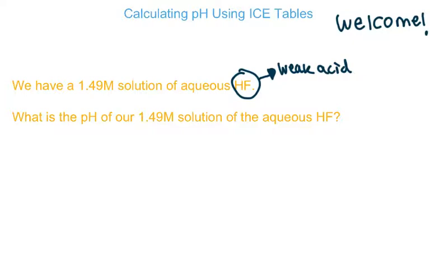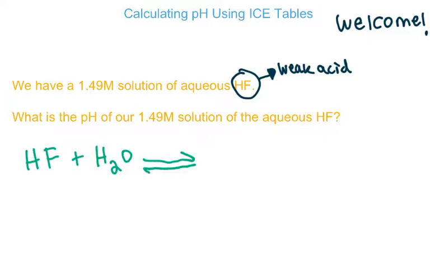So let's go and try to solve this. First, we should write our aqueous equation. We should write our hydrofluoric acid reacting with water, because it says that we have an aqueous solution. So we have our hydrofluoric acid, which is a weak acid, reacting with water. And because it's a weak acid, it's not going to fully dissociate, so we have to draw an equilibrium sign